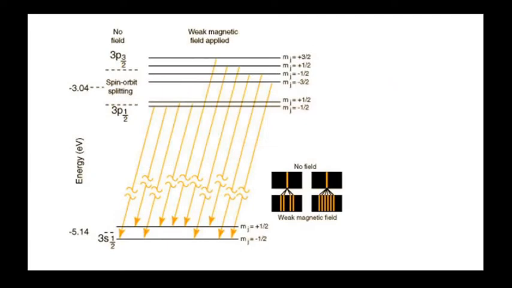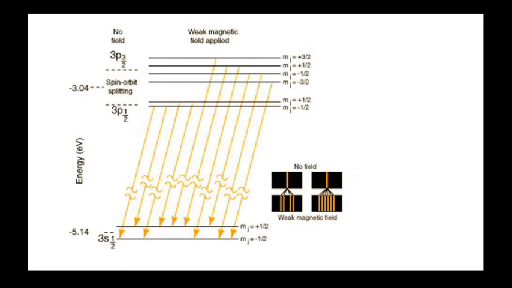In this figure, it is clear that in the absence of the field there are only 2 lines, and these 2 lines are due to the internal field that arises from the orbital motion. If we apply the external field, these D1 and D2 lines again split into 4 and 6 components, totally 10 components.